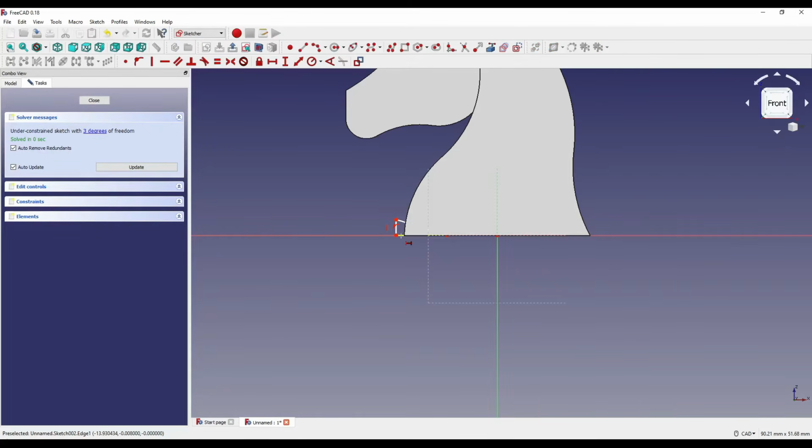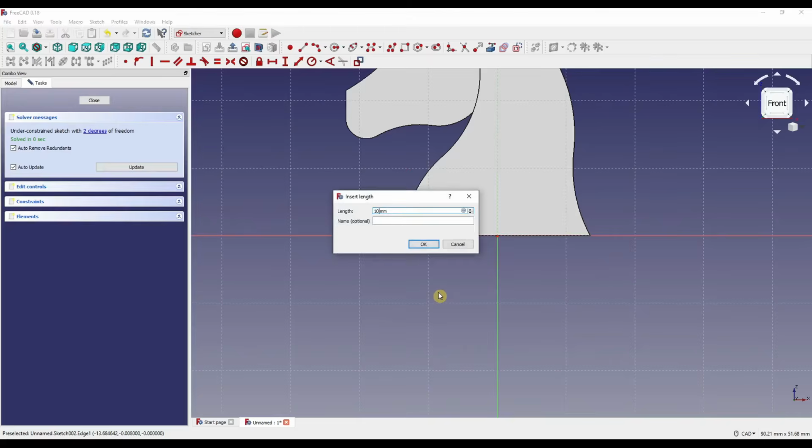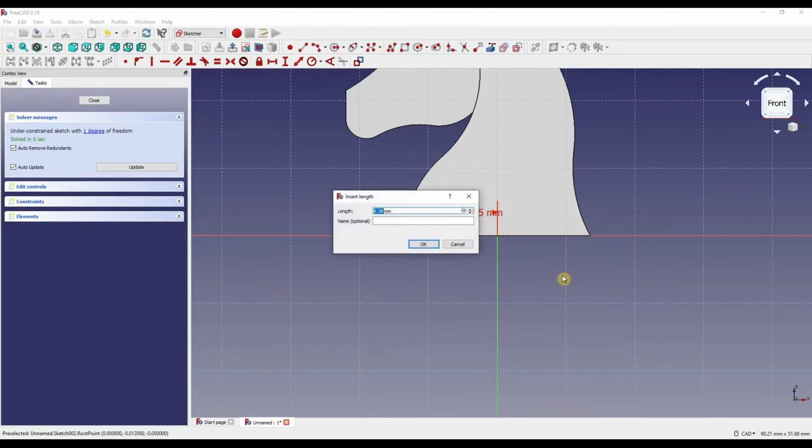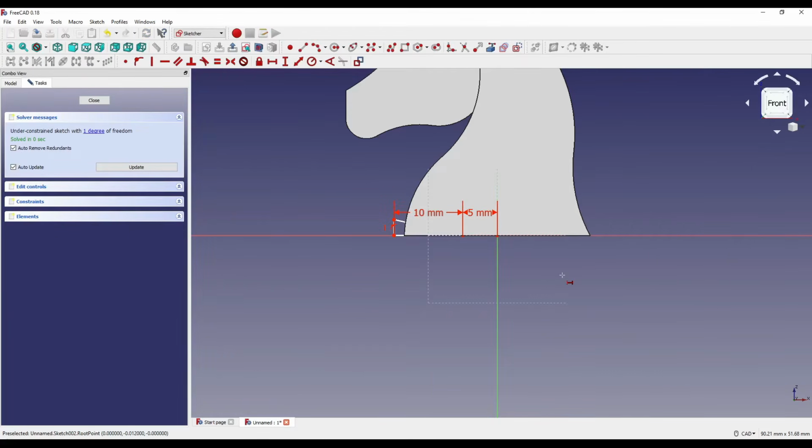I'm going to press Shift H, click on the bottom, set that to 10mm, click on our point and our origin point and set that to 5mm, and then I'm going to click on our angular constraint, click on these 2 points, and set that to 20mm. I'm going to click close,